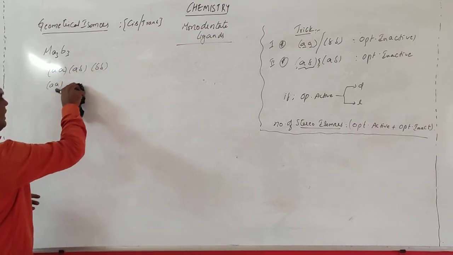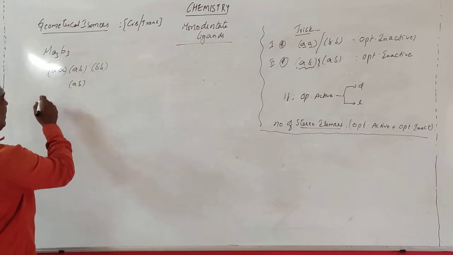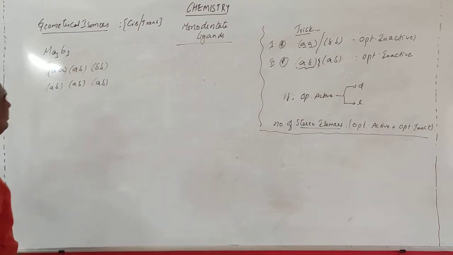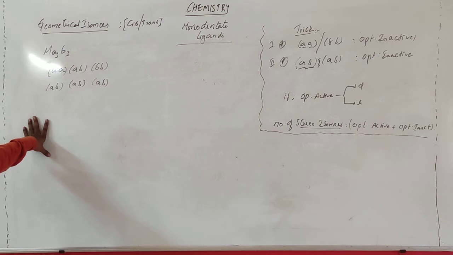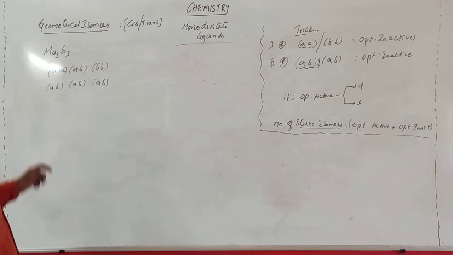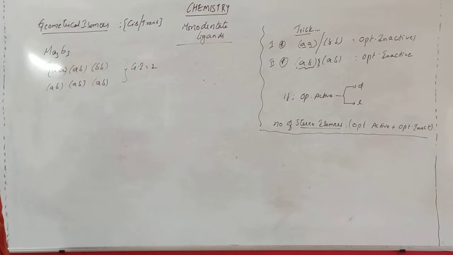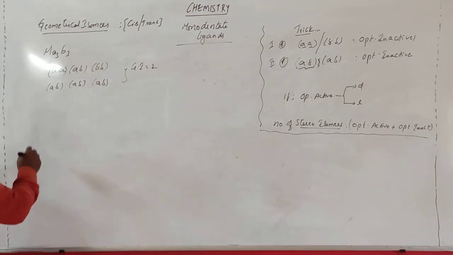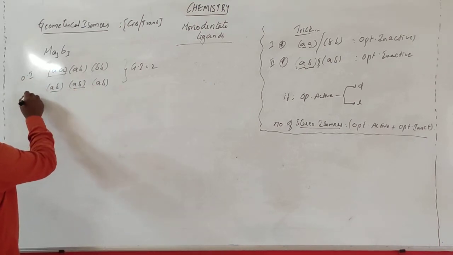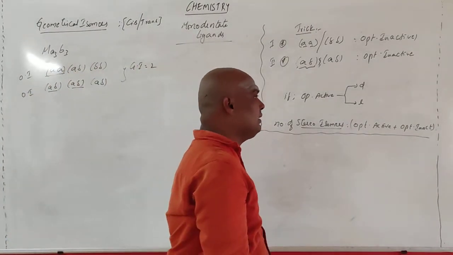So this one will not come to the conjunction. Now what you will do is take the AB common, this one. Now you take this one with this one. So this is A with B, and this is A with B. Other than these two combinations, is any third set possible? It is highly impossible. So geometrical isomers are how many? 2. So if you have two geometrical isomers, optical isomers, these two are same. So it is optically inactive. AB, optically inactive. So no optical isomers for M, A3, B3 complex also.